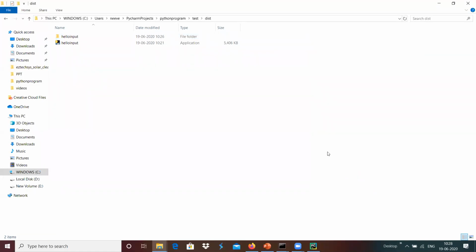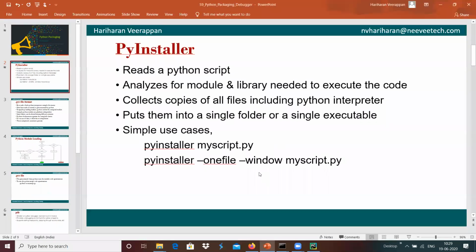This is how we can do Python packaging. How can we package the Python application, and release a setup for another person to install? We can share it like this. Similarly, it can be done in one single file, or it can be a directory structure.